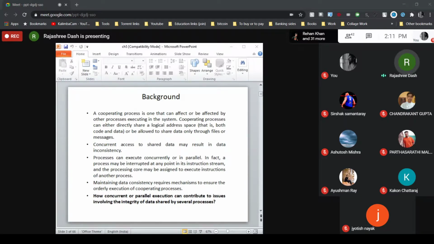To ensure the orderly execution of the cooperating processes. So maintaining data consistency requires mechanisms to ensure the orderly execution of cooperating processes, and process synchronization provides those mechanisms.